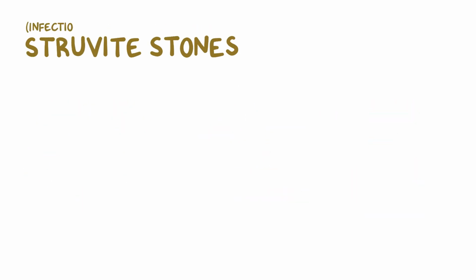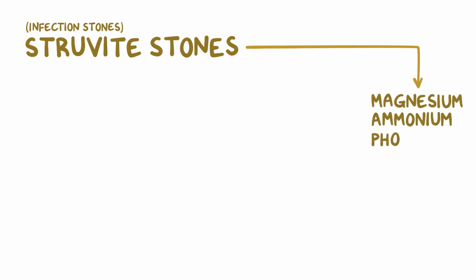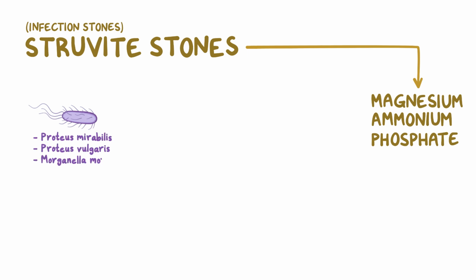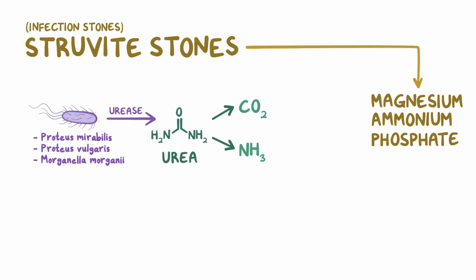A fourth type are struvite stones, sometimes called infection stones, which are a composite mix of magnesium, ammonium, and phosphate. These form when bacteria like Proteus mirabilis, Proteus vulgaris, and Morganella morganii use the enzyme urease to split urea into carbon dioxide and ammonia. The ammonia makes the urine more alkaline and favors precipitation of magnesium, ammonium, and phosphate into